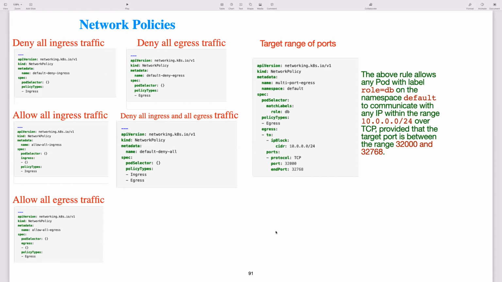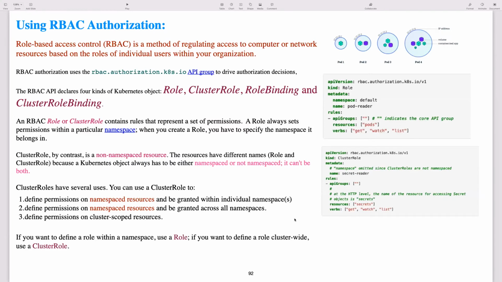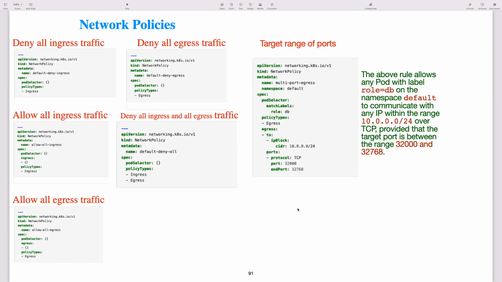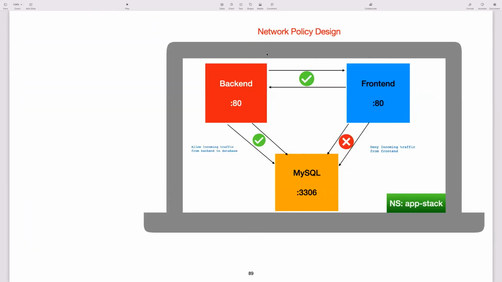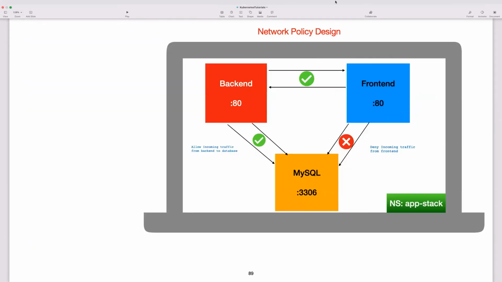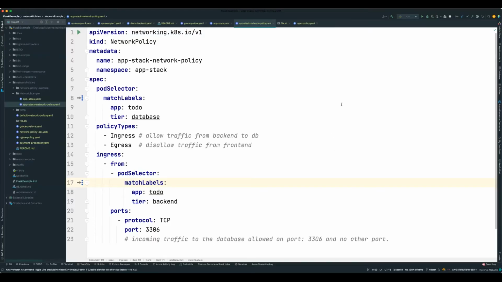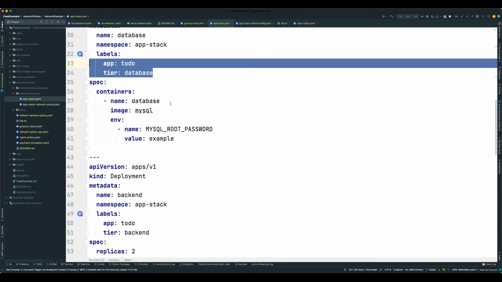Okay, so we are just going to head towards a demo of this architecture. So I'm just going to switch back. Yeah, so as you can see, I have these